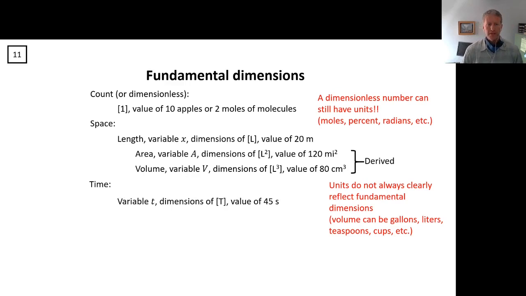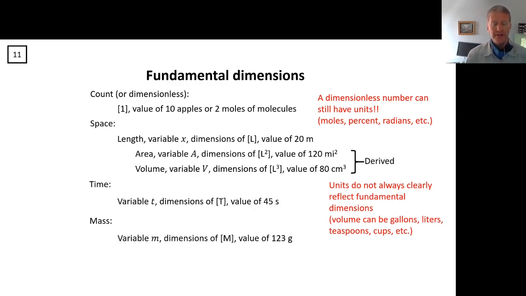So we are frequently trying to think about how things change. And one of the ways to quantify change is to understand how things change over time. So time is a really important dimension for a lot of the variables that we use. We might use the variable lowercase t for time. The dimension for time is a capital T. This really shows the importance of using square brackets, because capital T probably would stand for temperature in other contexts, but the square brackets let you know, oh, that's a dimension. It's actually referring to time. There are lots of different units for time. I've got 45 seconds here, but you have days, months, years, lots of units for time.